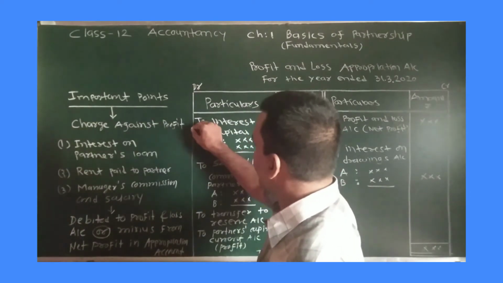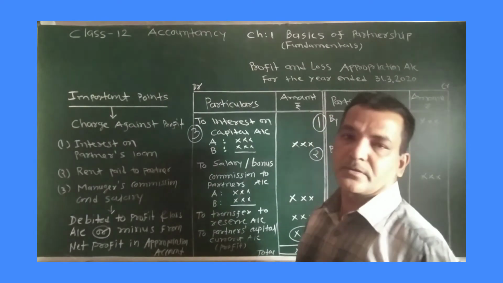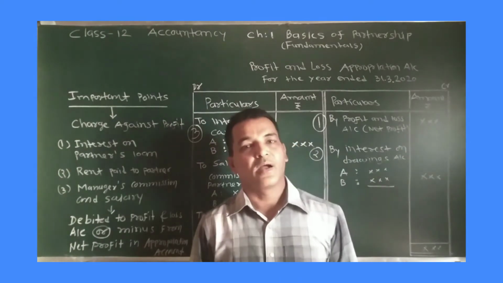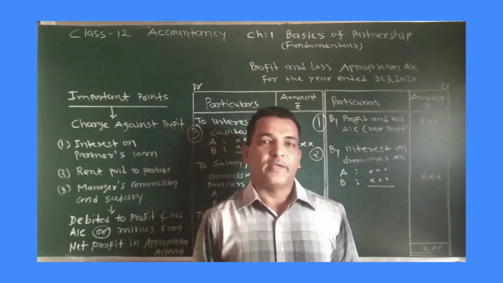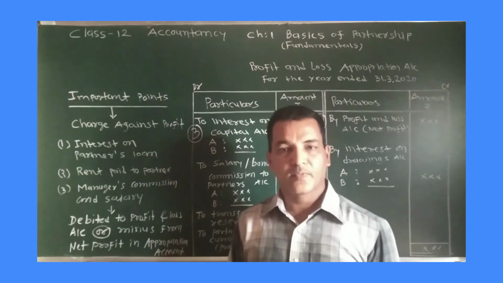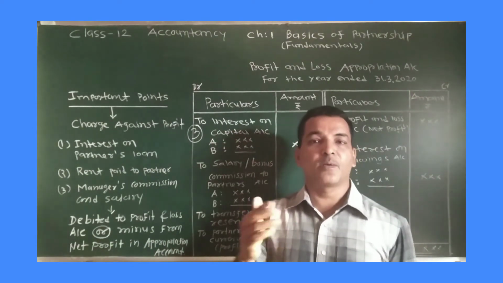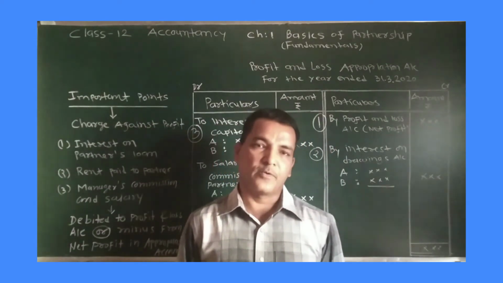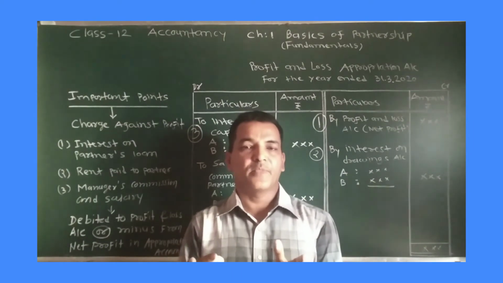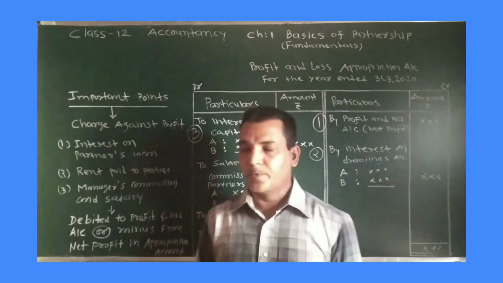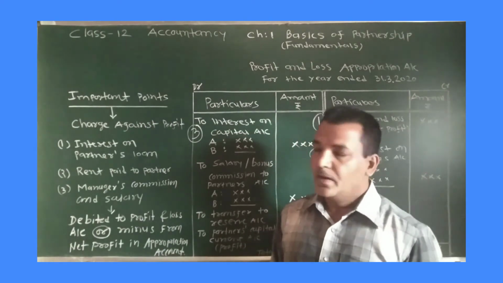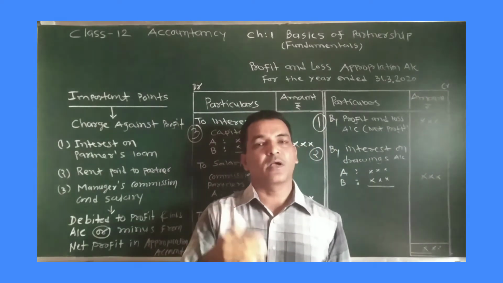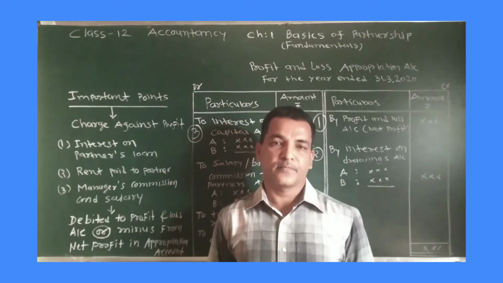Third point, interest on capital. Now this interest on capital, it is an appropriation. Here the firm is paying to the partner, and that's why it is income of the partner and an expense for the firm. So the entry for this would be, first let us take with the partners' capital and current account. For all these, two entries will come. Interest on capital account debit to partners' capital or current account. This would be the first entry.